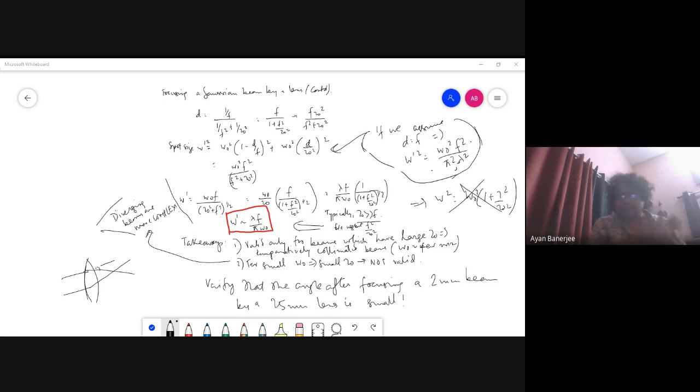That is, you would have first propagation, then focusing, then again propagation, these three. But after that, if you wanted to find the new waist, again you would have used the same approach. You would have found that W is a function of D, where D is the propagation after the lens. And then at that region where the waist is, where the wavefront is plane, you get the new waist, and you say that the denominator goes to 0, and you would have found a different expression. Here, for simplicity, I did not assume that initial propagation. That just makes life slightly more complicated.